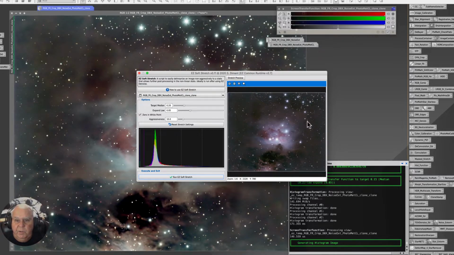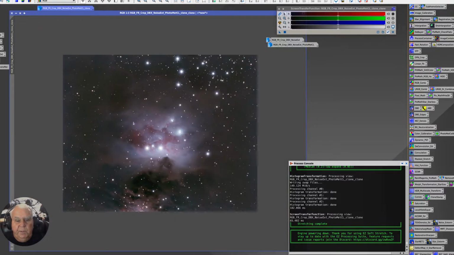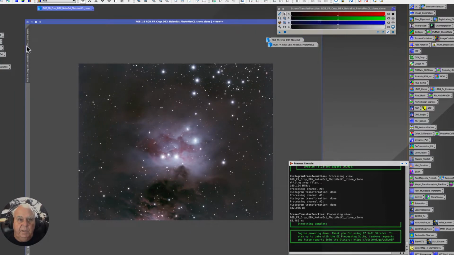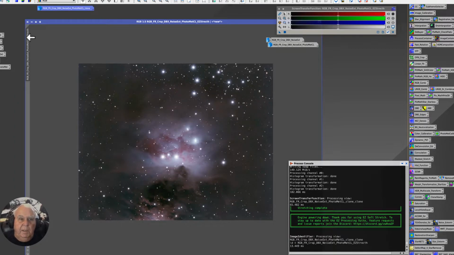And it gives you a picture of what it's going to look like after it's stretched, and I like it. So there we are. We have stretched the image using the Easy Soft script. So we're going to change this name to Easy Stretch, and